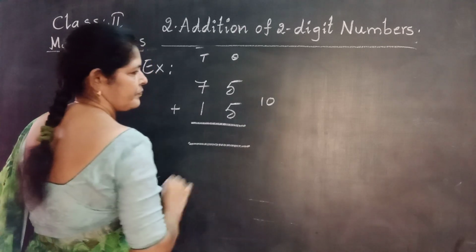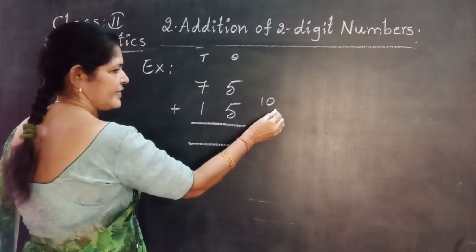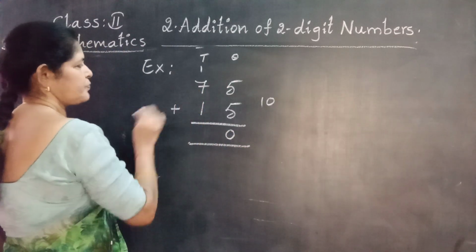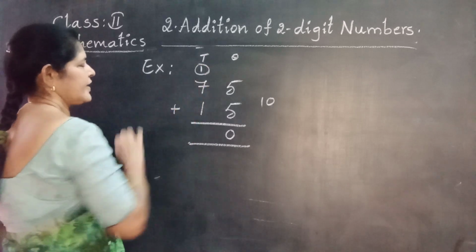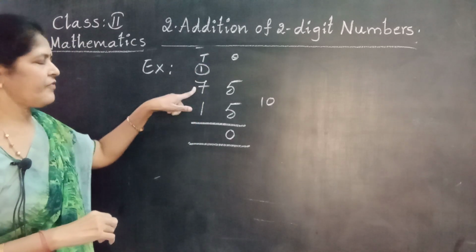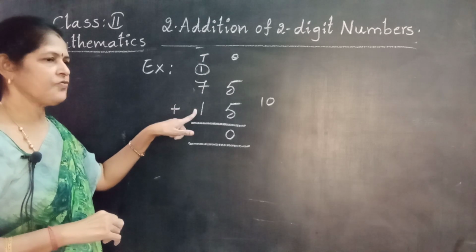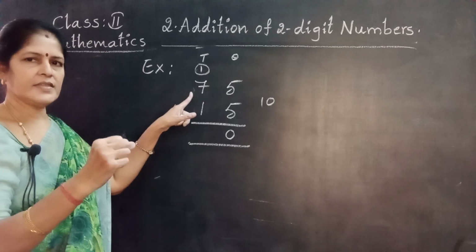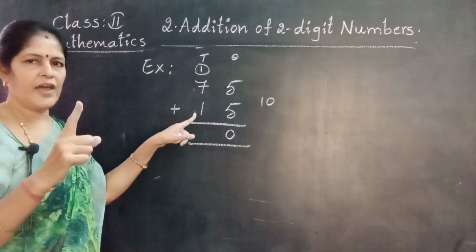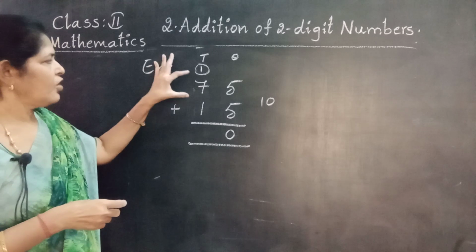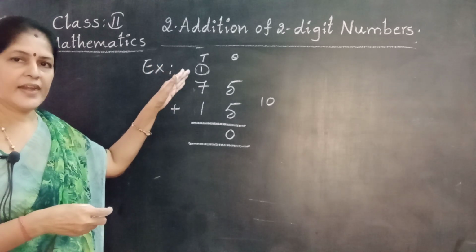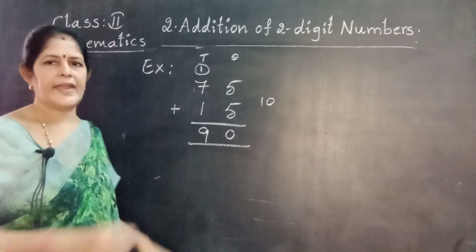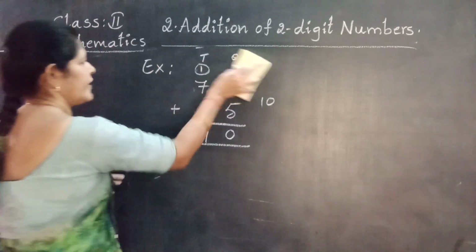10 on the right side. 10 is a 2-digit number, isn't it? 0 goes right in the ones place. 1 carry to the tens place, right above 7. Circle the carried number. 1 plus 7, 8. 8 plus 1, 9. Very good. Take 1 finger, 7 after 8. 8 in the mind. Again take 1 finger, 8 after 9. Here you have to remember the concept: number plus 1 is the next number. 7 after 8, 8 after 9. 90. Another example.